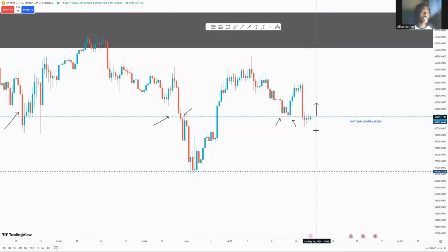Because I can also talk of too many confluences and too many things, but in reality, it's pretty simple. Are we above to be bullish? Are we below to be bearish? Because this is a major intraday support zone, right? But without further ado,